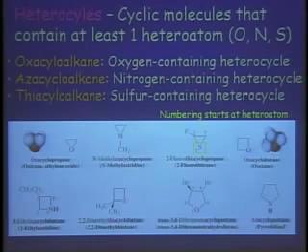There are cyclic molecules that contain at least one heteroatom, so O, N, and S are prevalent, especially O and N. And so what you do is you just use the prefix oxa, aza, thia, or phospha in front of the cycloalkane. So it's an oxacyclopropane or an oxacyclohexane and so forth, to indicate this contains oxygen, aza for nitrogen, thia for sulfur, phospha for phosphorus, titana if it's a titanium heterocycle, which we won't talk about. But it's the same principle.